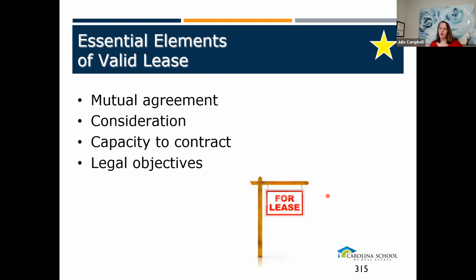Capacity to contract, parties have to be of sound, sober mind. And basic contract law says you cannot have a legally binding contract for an illegal purpose. So the objective of the contract